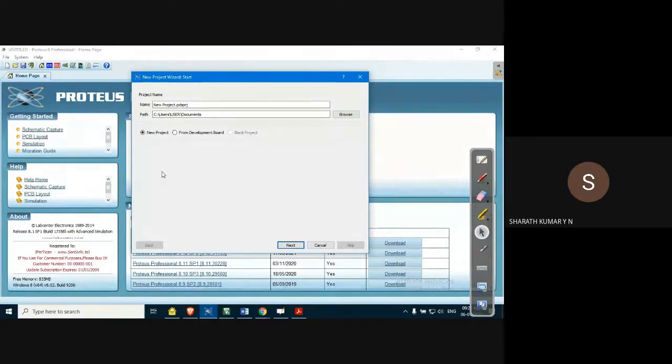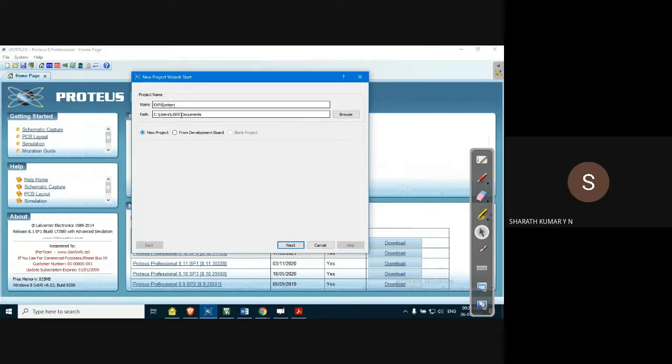When you click on a new project, it will ask for the name of the project, and it will also specify the default path of the project file, where it is saved. Here you can change the name of the project. Let us say experiment 8. You can give any name, there's no restriction on the name.